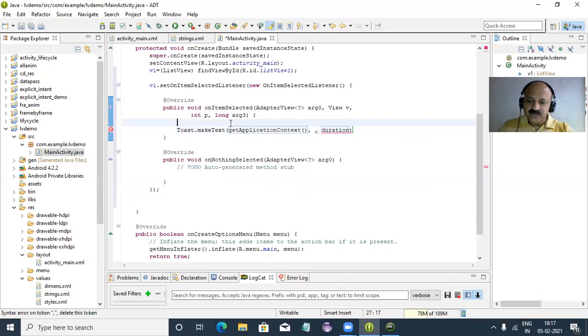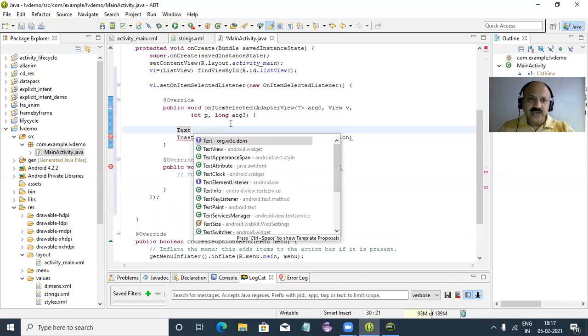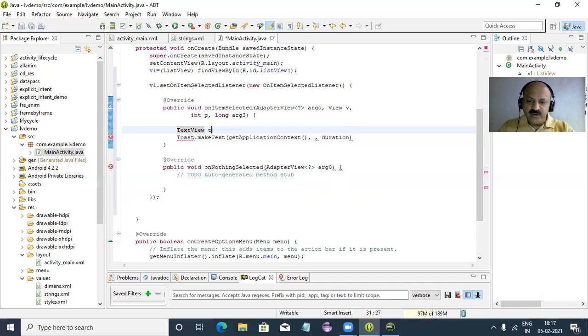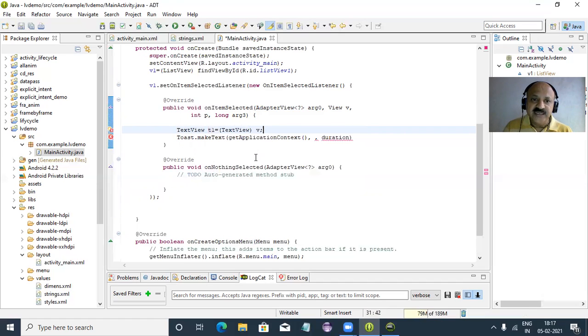So let us check. Here a text view is required. So TextView T1 assigned to V, and typecasting is needed because view is the parent.